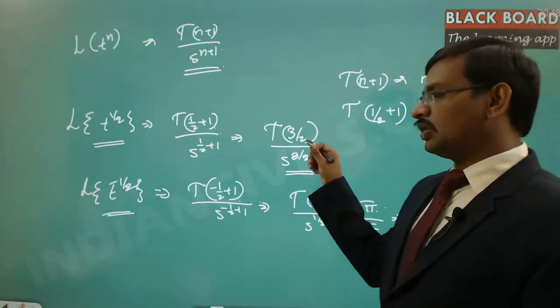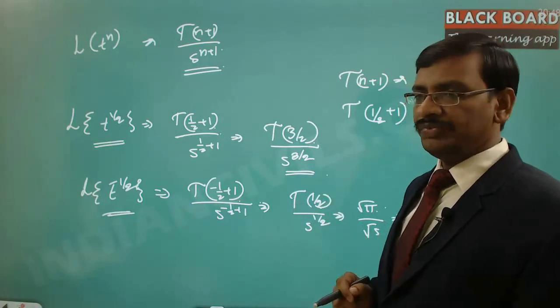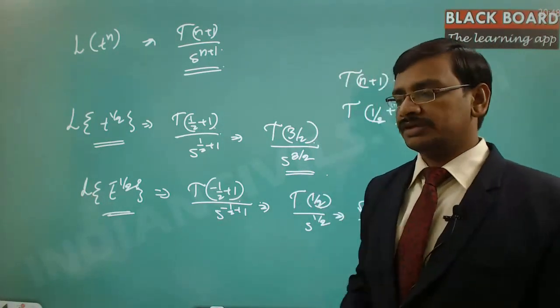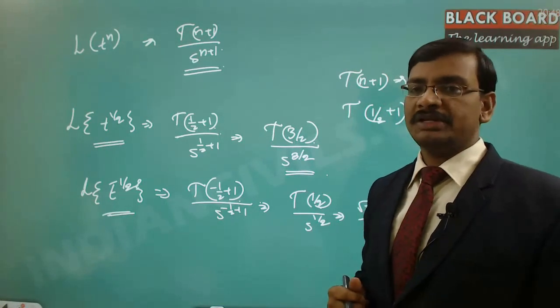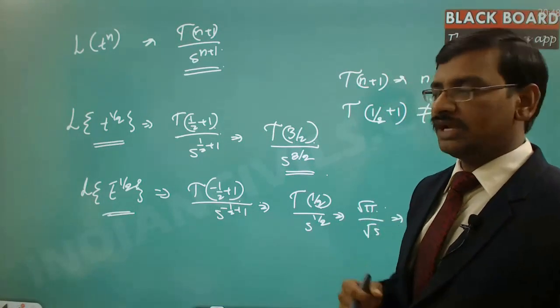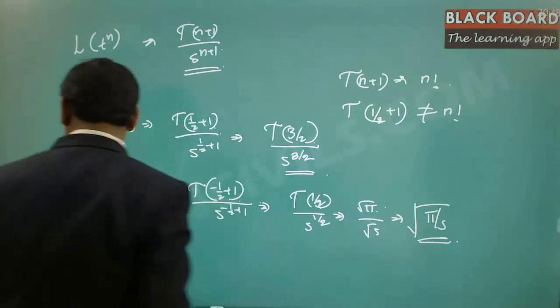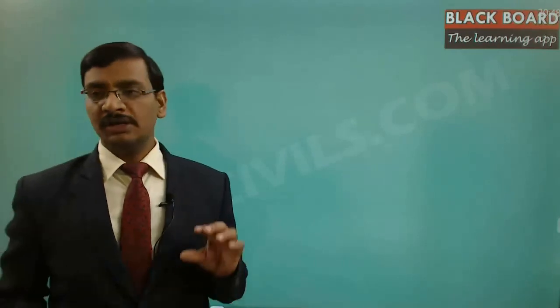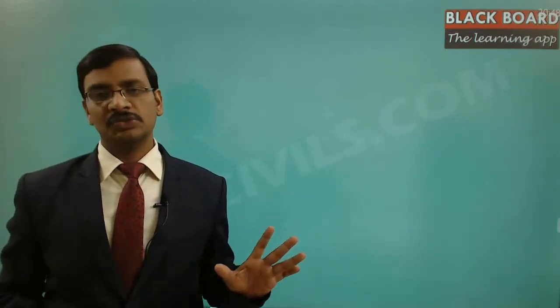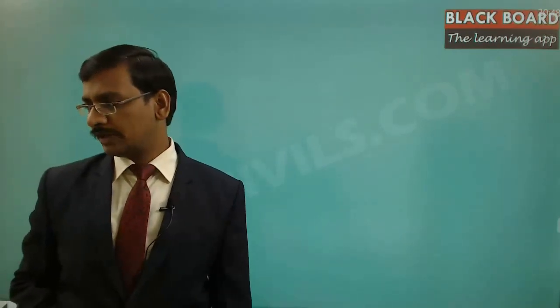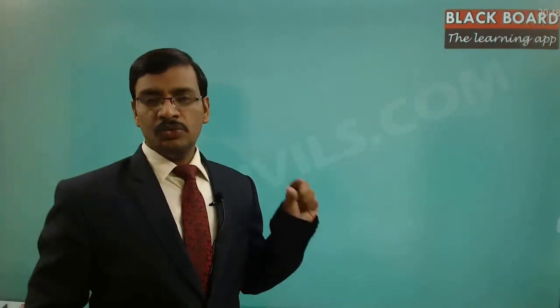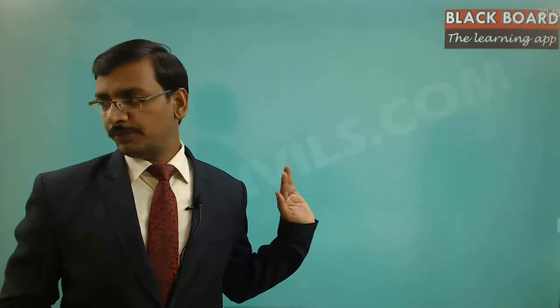If you want to identify gamma of 3 by 2, there are certain properties associated with the gamma function, and you need to remember those properties. Don't worry about the proof because that is too complicated, and that level of knowledge is not required for us. It needs knowledge of the gamma and beta functions, which are completely out of scope for us. So here I will give you the property which is useful to solve this kind of problem.